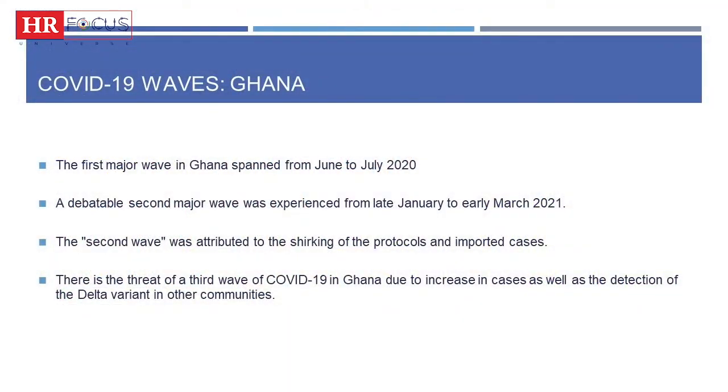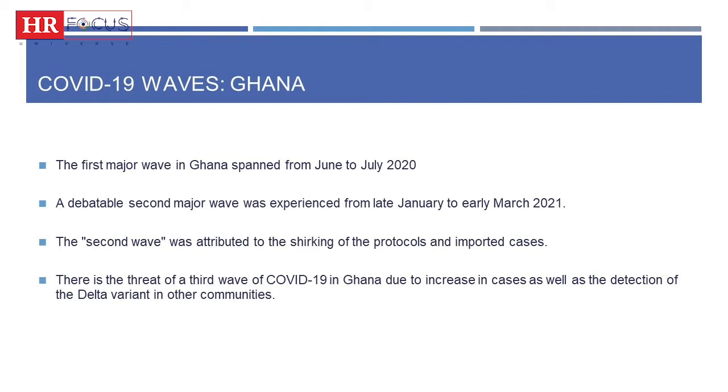The second wave, as we all know, was attributed to the fact that we were not following our COVID protocols. Also from our ports, when people come in, for most people, getting to enter an environment where COVID didn't seem to be spreading fast meant that, well, when I get here, I can do whatever I like. The government put in place maybe measures to be able to curb this, but we realized that it wasn't really that effective.